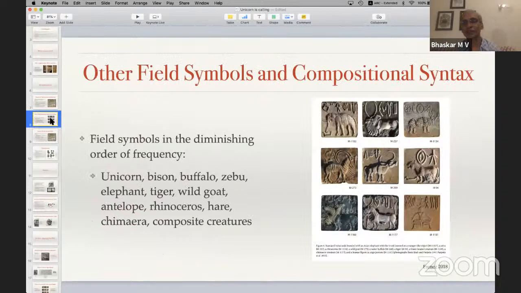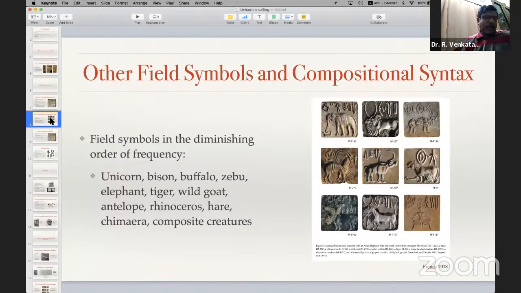You see, there is an object in front of the elephant there, a manger, a feeding trough. In front of the tiger there is a feeding trough. In front of the elephant there is a feeding trough. In the particular seal that I am showing you, in front of the bison or the rhino, there is no feeding trough, but there are other seals that show them in front of feeding troughs. The only animal that is never shown with a feeding trough before it is the zebu.